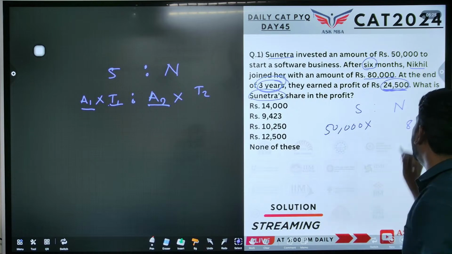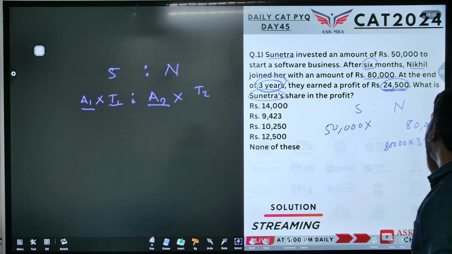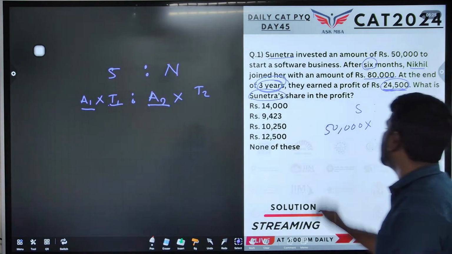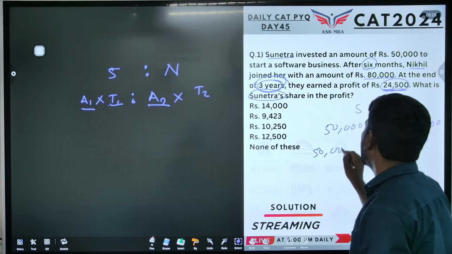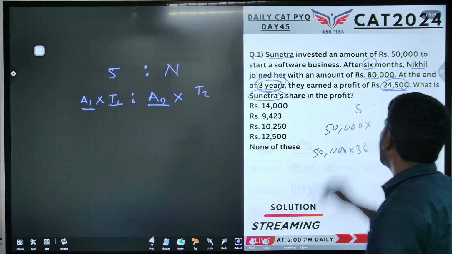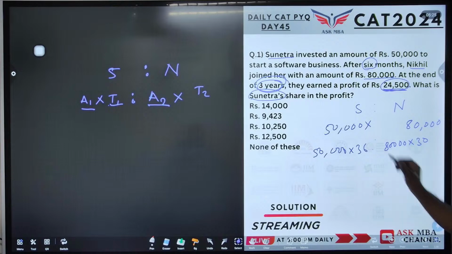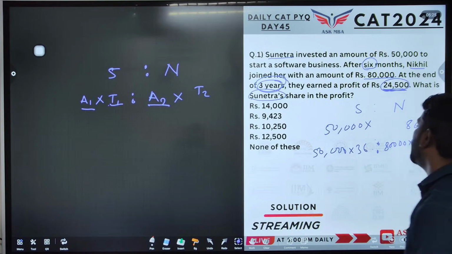So basically he invested this 80,000 for only 30 months. And Sumitra invested this 50,000 for the entire period of 36 months. Right? Now this is how we will get the ratio of their money invested. Alright, now just try to simplify this. You will get